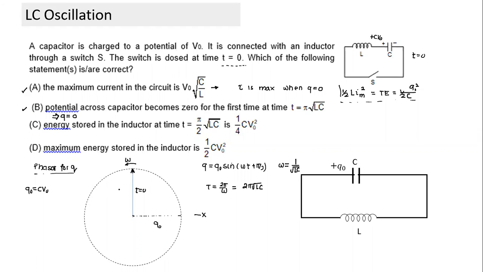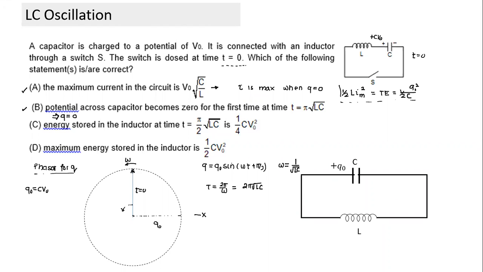Pritham, can you tell me how much time it will take for the charge to become 0? How do we find the time it takes for charge to become 0? In terms of capital T, how much time will it take? And in terms of the phasor, where does the phasor have to be for the charge to become 0? By what angle does the phasor have to rotate? Kaushik? Sir, pi by 2, sir.